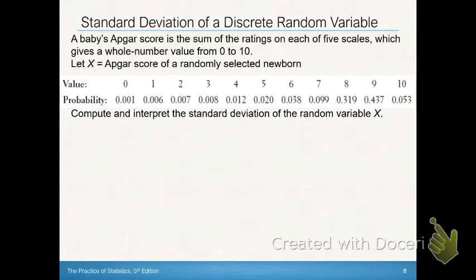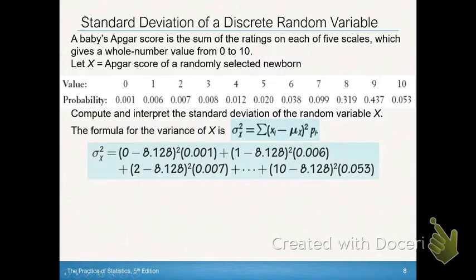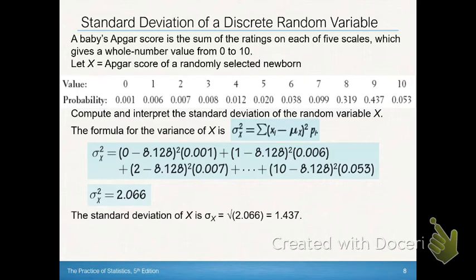So here's an example where we have different APGAR scores and the probability of a baby who's randomly selected getting that APGAR score. We mentioned in the last section how you would find your mean, so we'll assume that we've already done that and we've found our mean. And then we're going to take each value, subtract the mean, square it, and then multiply by the probability, and then add all of those up, and then that is what gives us our variance, and then we take the square root of that to get our standard